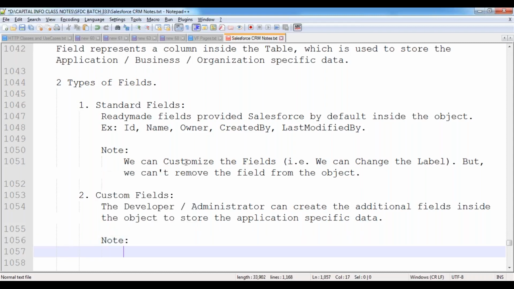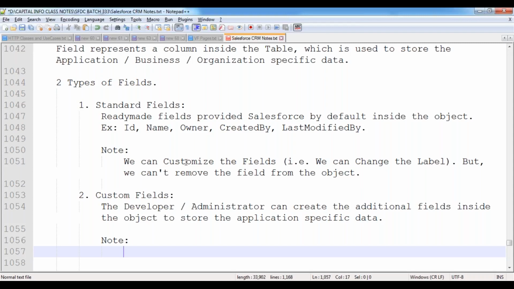Then what kind of operations can we do on custom fields? Can we customize the custom fields? Yes. We can change the labels also. We can change the data types also, everything. That means everything is possible because it's custom. I have created it, I am the owner, I have full rights on this. On those custom fields, we can customize the features, and we can remove that field also because it's my own. I can do whatever I want. If it is not required, I will remove it. I don't want that field, that field is no longer required for me, so I'm removing it. I have those rights.